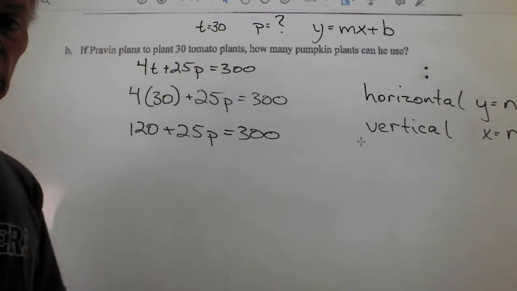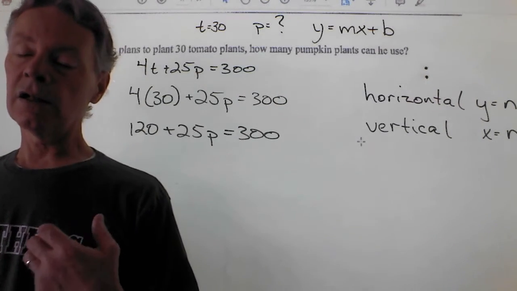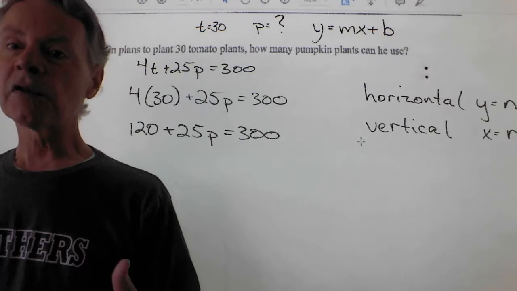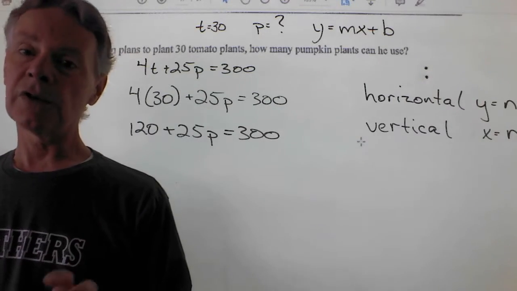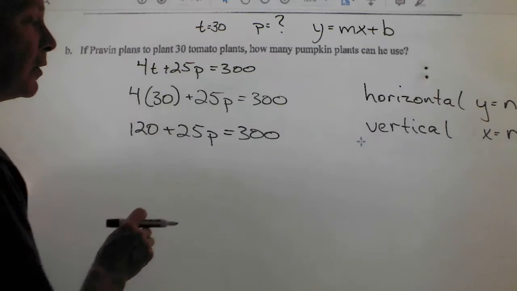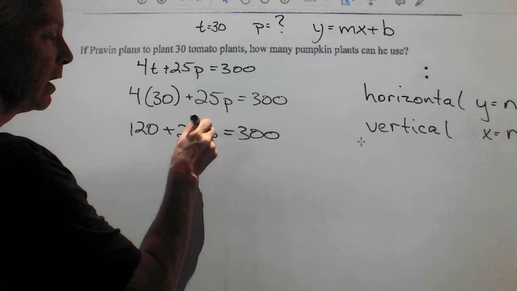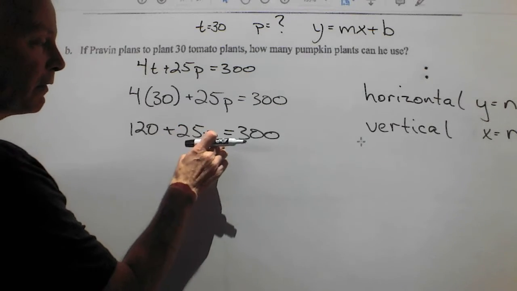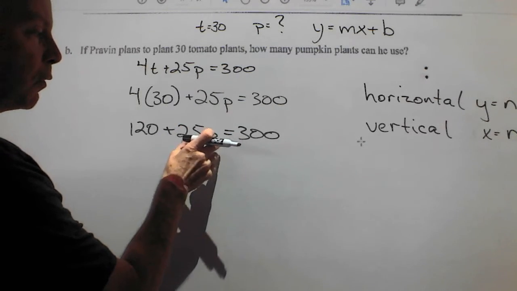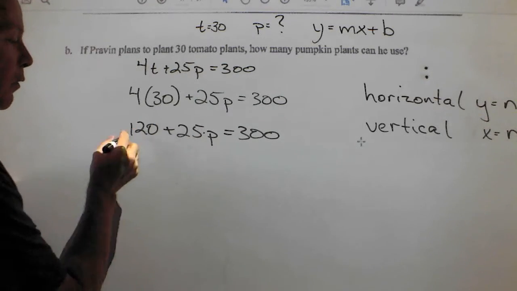Now we have to isolate the variable. Notice we're rearranging equations again. This is an absolutely integral skill for this chapter. You have to be able to do this. Okay? So we've got to get rid of the 120, we've got to get rid of the 25. Since 25 is multiplied by P, we don't get rid of it first. First, we get rid of the 120, which requires